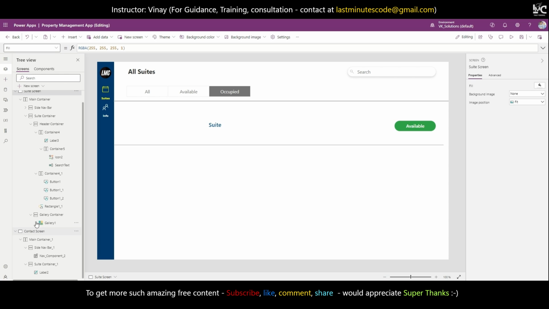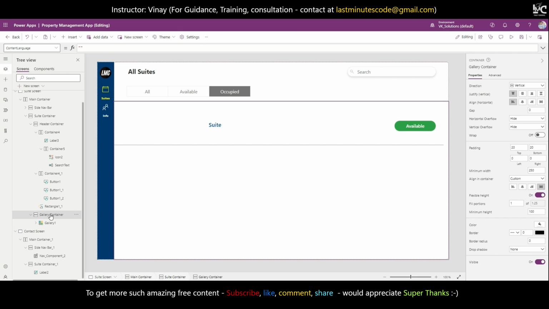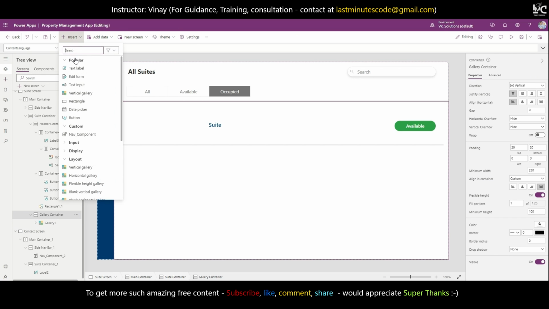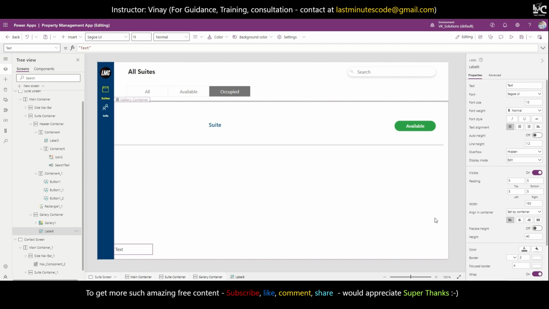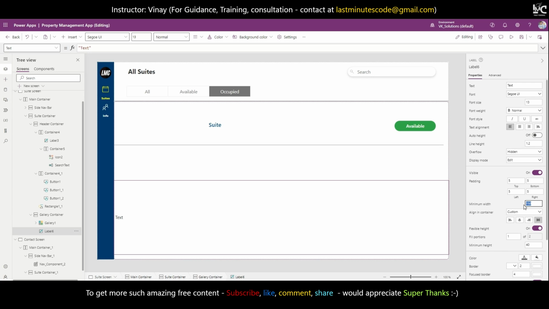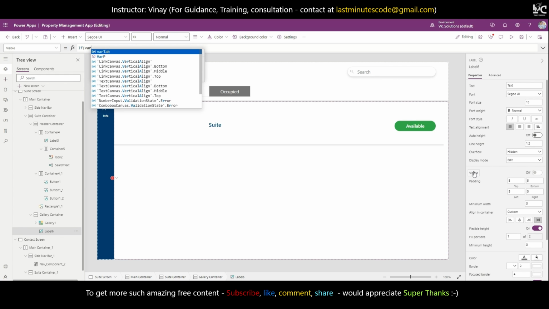See this, where this gallery is. Inside this gallery container, create one label, and on that label turn on the flexible width, turn on the flexible height, change the minimum width to 0, change the minimum height to 0, and on its visible property we need to write some code. We will say if var